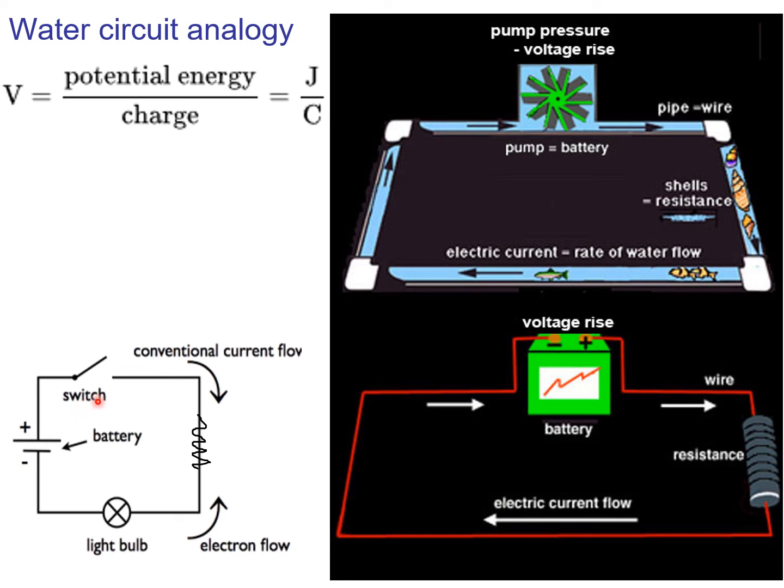And then you have the switch. That's like the switch in your lamp. What's slightly counterintuitive is that when the switch is open, when the circuit is open, there is no current going through. When the switch is closed, that's when you can have the current flowing. That's the opposite of a door. When the door is closed, you can't go through. When the door is open, that's when you can go through. So it gets a bit confusing.